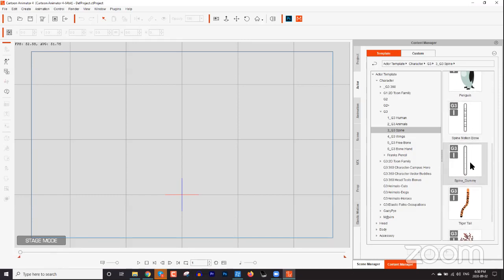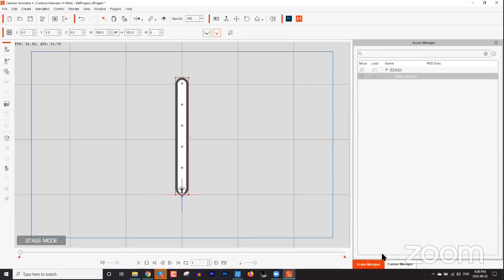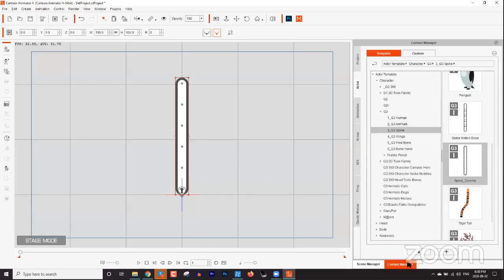You can use spine motion bone, spine dummy, doesn't really matter. I'm just going to go ahead and use spine dummy. Okay, and that basically adds a character to our scene. So this spine dummy is actually now considered a character. You can see under G3 actor, spine dummy. Okay, nothing too special about that, but we need to replace this boring white column, cylinder, whatever it is,